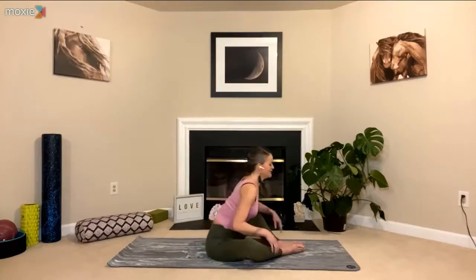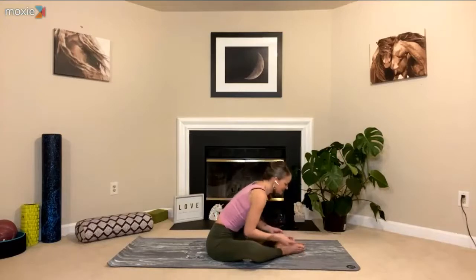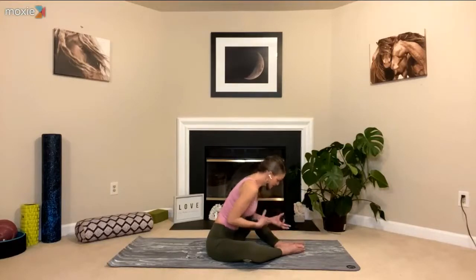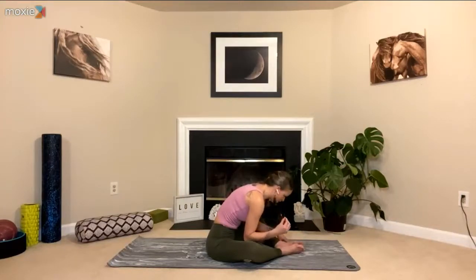So then when you're ready, you're folding. And rather than just getting really round in this, we want to fold with integrity. All of us can round our spines quite a bit. We do that a lot during the day. We do that when we drive. We do that when we're doing stuff in front of us at a counter. So rather than just letting things collapse and perpetuating patterns that don't necessarily serve us very well,